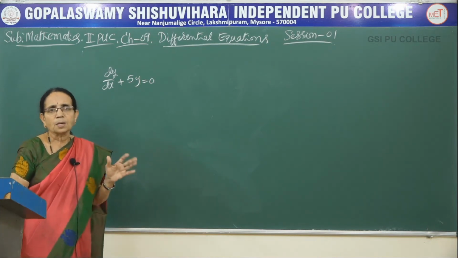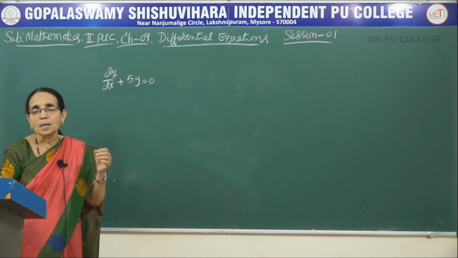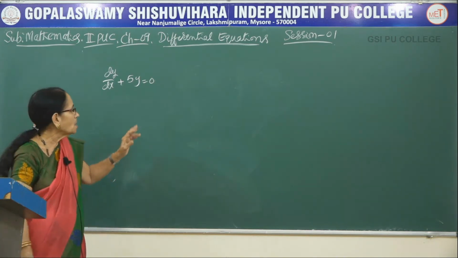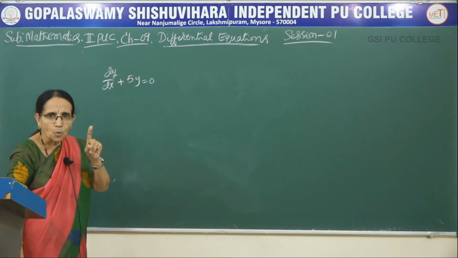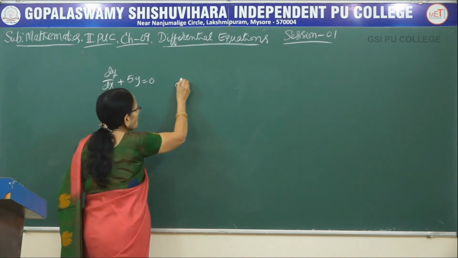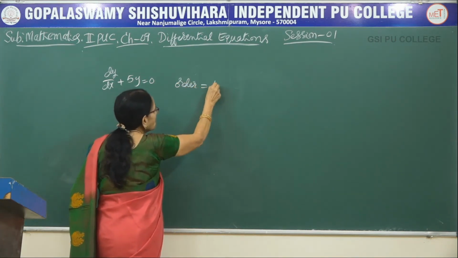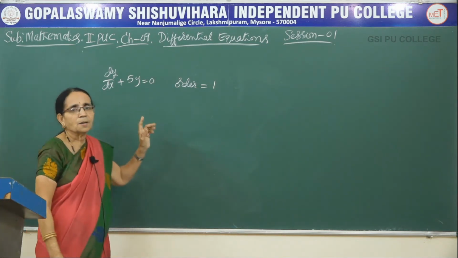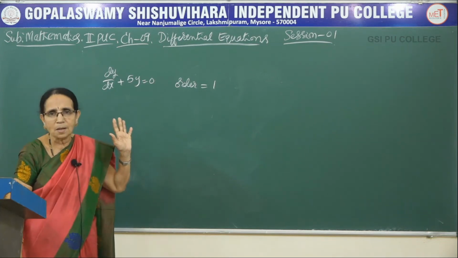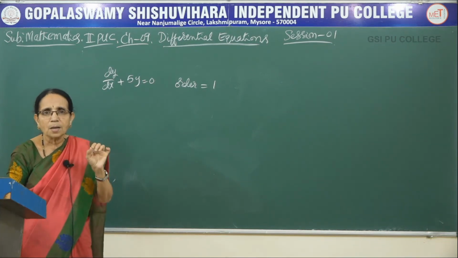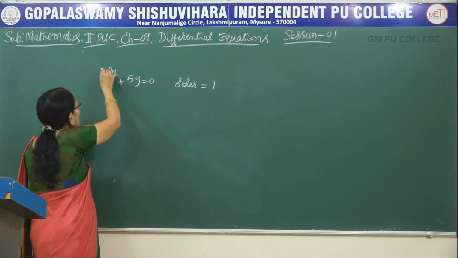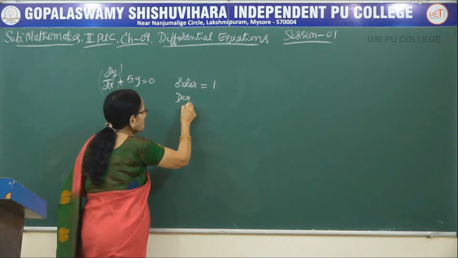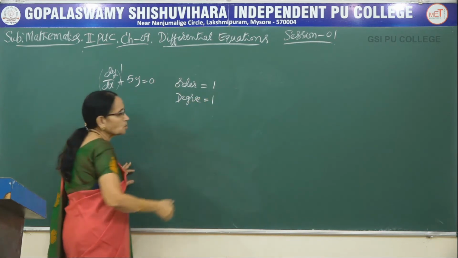Now, first you can calculate order, because order of each and every differential equation exists here. And how many times have you differentiated? Only one time. Therefore, you write here the order is equal to 1. Now, you can see that it is a polynomial in the derivative. Therefore, the degree is defined. And what's the degree of this one? The degree of this is 1. Therefore, you write like this: the degree is also equal to 1.